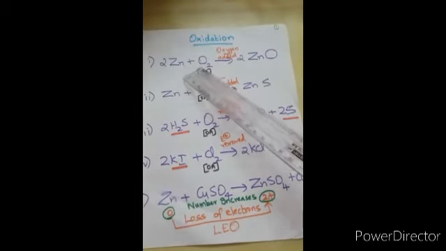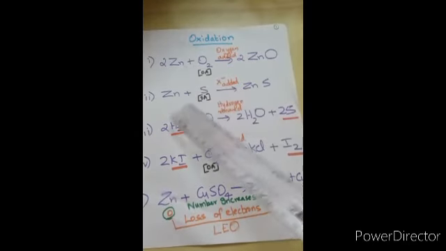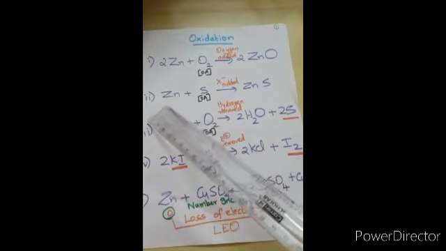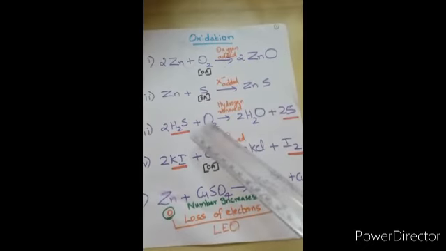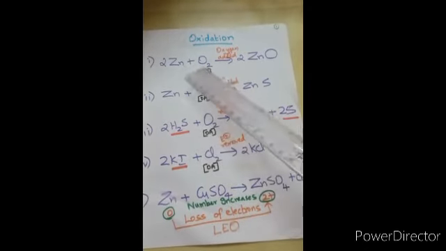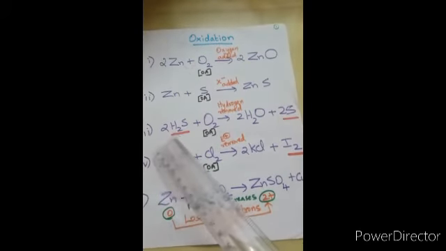Oxygen is an electronegative element. So, when an electronegative element like oxygen is added, you say it is oxidation. It is not only for oxygen. Any electronegative element, if it is added, is also called oxidation. Oxygen and hydrogen have reverse nature. So, when we say oxygen is added, it is oxidation. When hydrogen is removed, that is also called as oxidation.